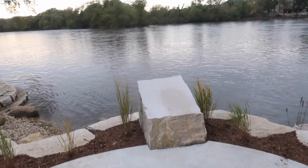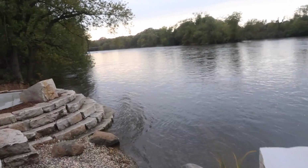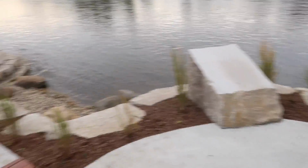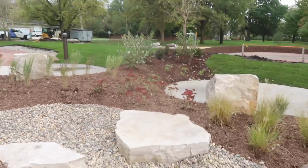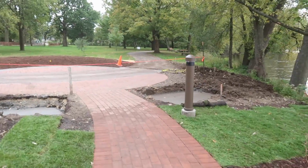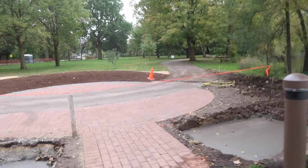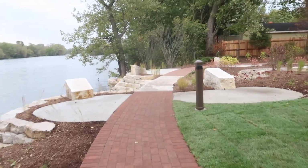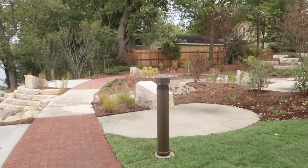How about this view? The Fox River. Just an awesome little park, and so great that the town of Oswego put this idea in motion. I know they've been thinking about it for a long time. And so whether you come in from the park this way off of the main bike path that kind of runs along the Fox River, or back up in there, it's going to be great. These are giant concrete footings for huge plaques that are going to go up. So this park, year after year, is going to get better and better